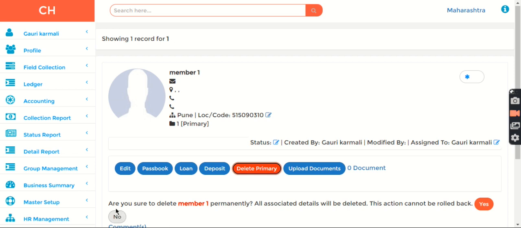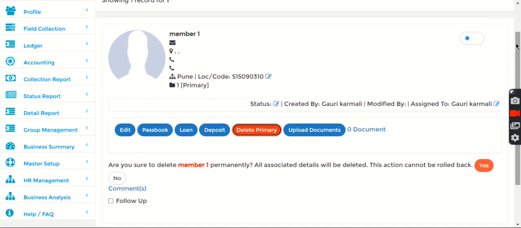So here when I click, it even asks you a message: are you sure to delete member 1 permanently? All associated details will be deleted and you cannot roll this action back. Means if you delete this member, all the details associated with this member, that is his loans, his deposits, his savings, all the data related with this member will get deleted. If there are any guarantors, anything, all the data will be deleted